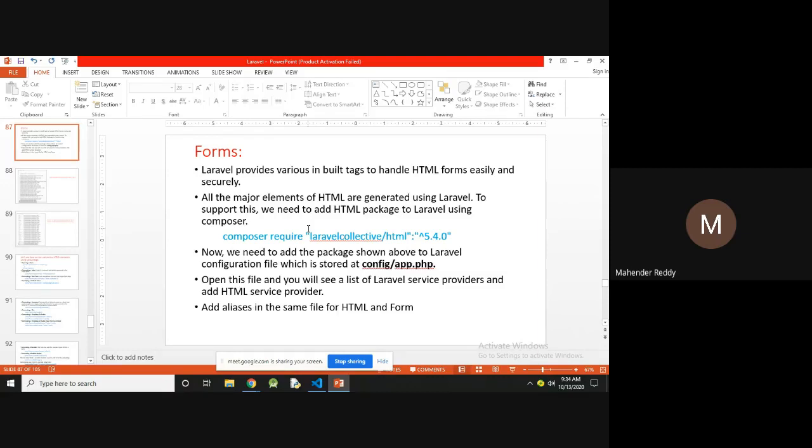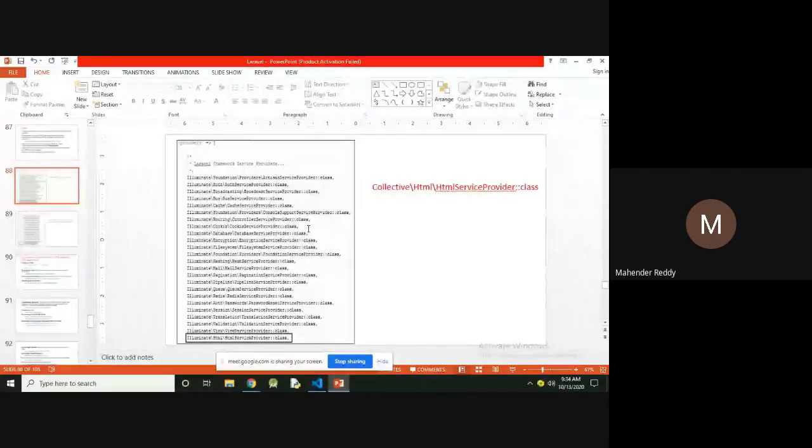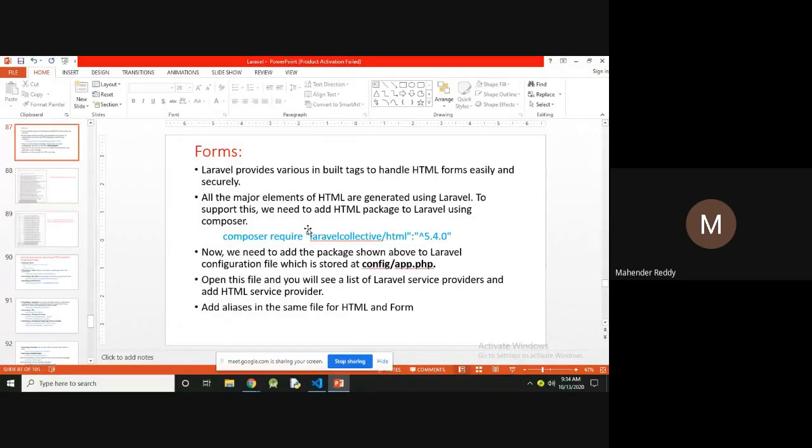Okay, so after installing, you have to configure some settings. After installing any package, you have to do some configuration. There are two steps to do the configuration for the HTML package. First, you have to open config/app.php.